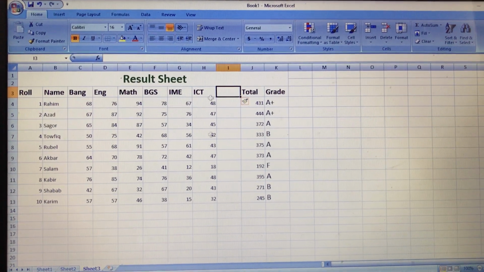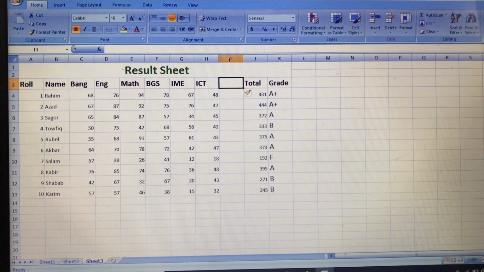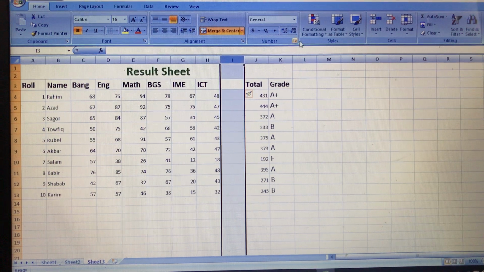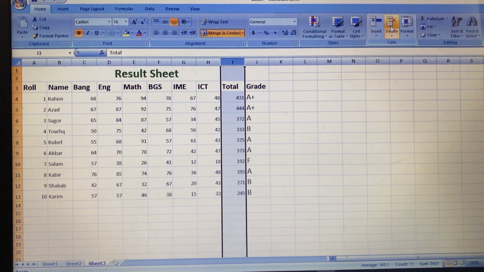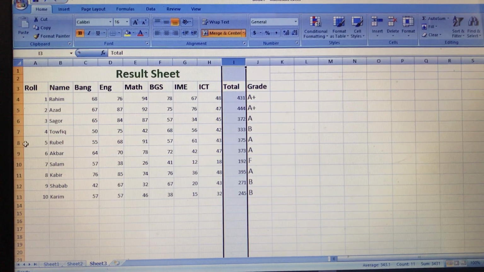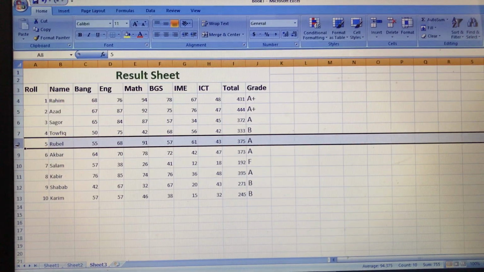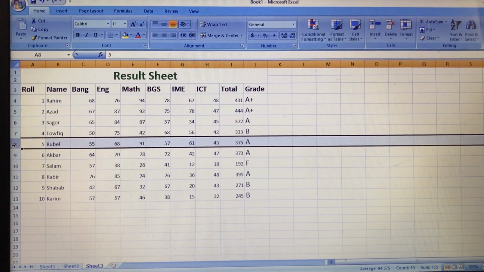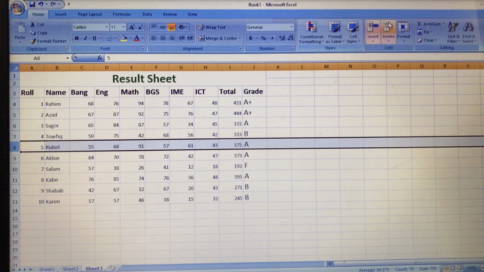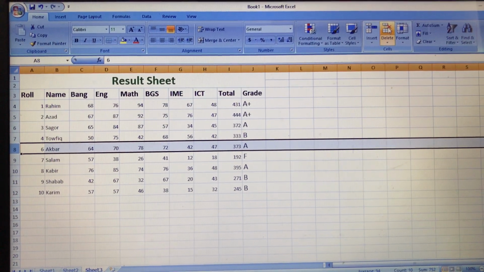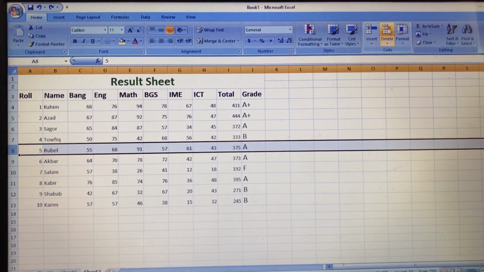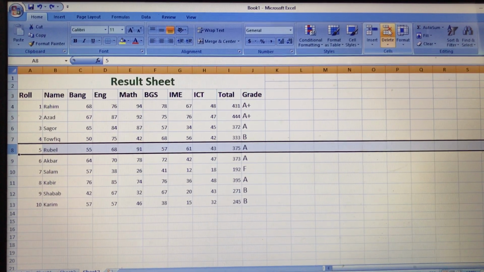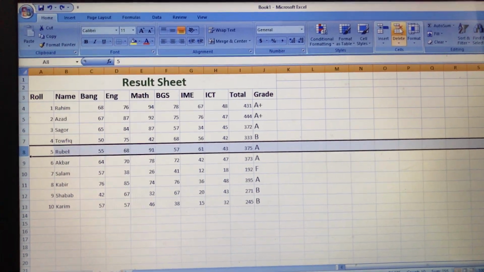Again I want to delete this one. What I have to do, select the full row and just click the delete. It is deleted. Same as, suppose here this row I want to delete it. What I have to do, click here and go to the delete. It will be deleted. Then give Ctrl Z. It will be returned again. Okay, this design you can do.